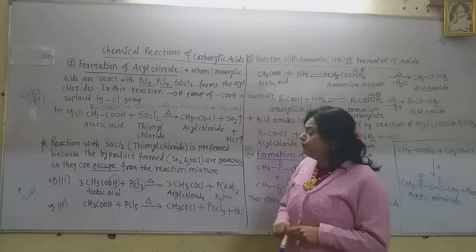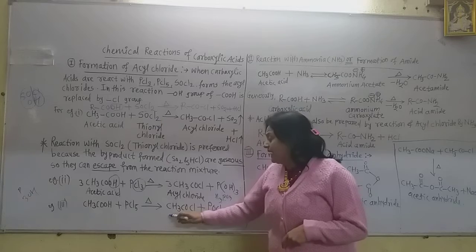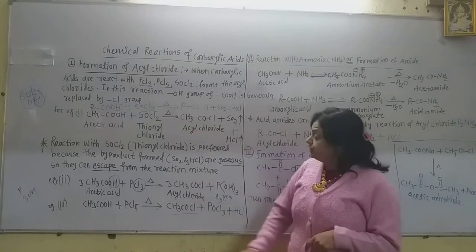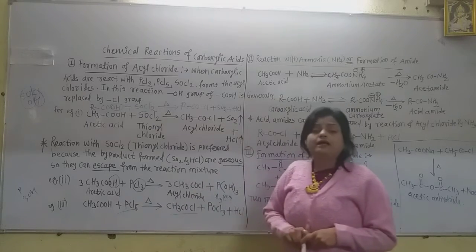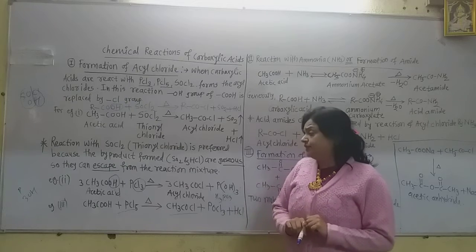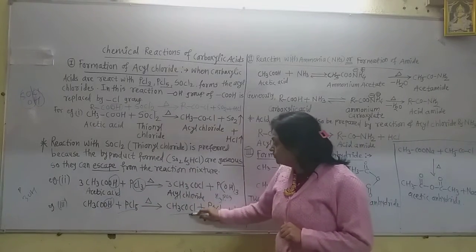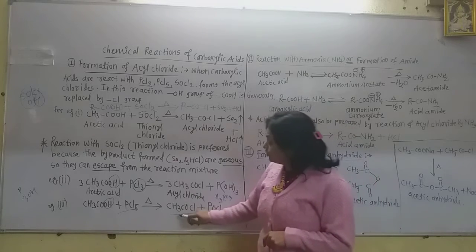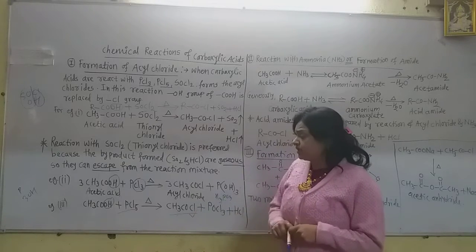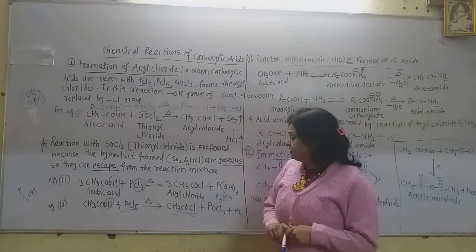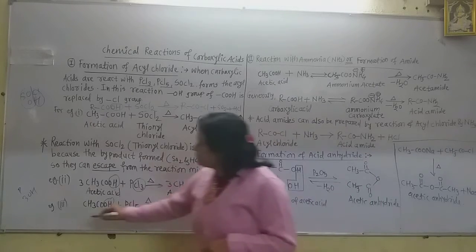This is actually called phosphorus acid, though it has OH groups, it is an acid. But if we want to prepare acetyl chloride using phosphorus pentachloride, take only 1 acetic acid molecule. Here also the OH group is replaced by one chloride ion, and there is formation of acetyl chloride. Now the remaining reagent is phosphorus.